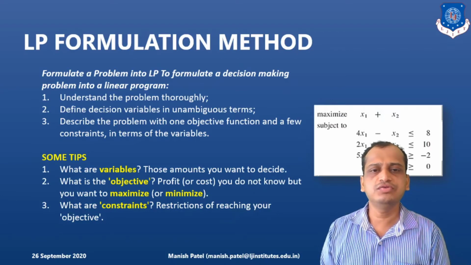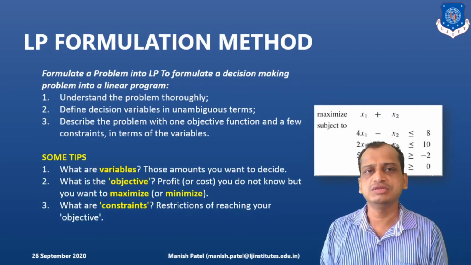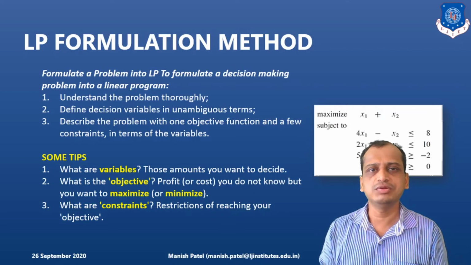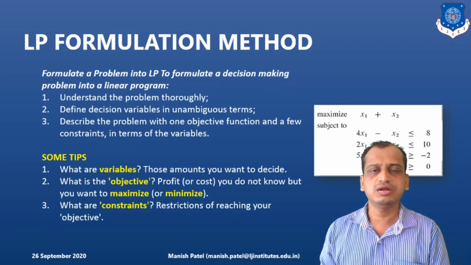So first of all, we will check what the variables are. We will unambiguously check, meaning you will remove the ambiguity from the decision variable, what decision making. We will classify whatever you can count in the mathematical model as a decision variable. You will identify them. So that is the first step.